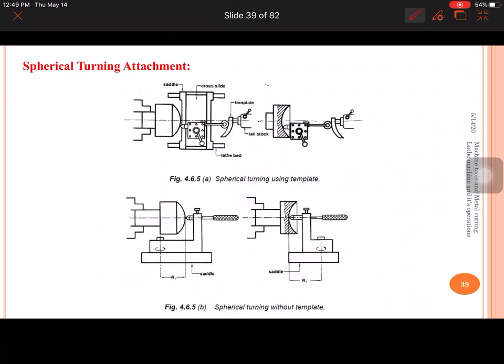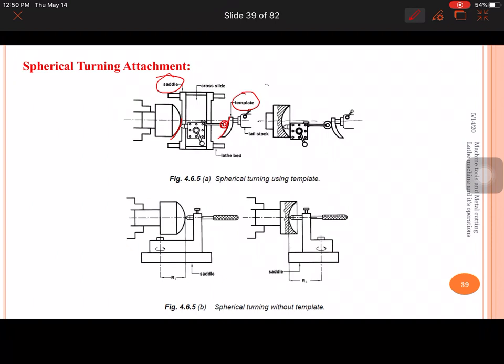Now let us move to the other topic, which is called the spherical turning attachment. This spherical turning attachment is placed on the saddle. Here we have the template, which is nothing but the shape or the profile which I want to generate on the work part, and in place of the stylus we have the roller, and this roller is connected to the cutting tool.